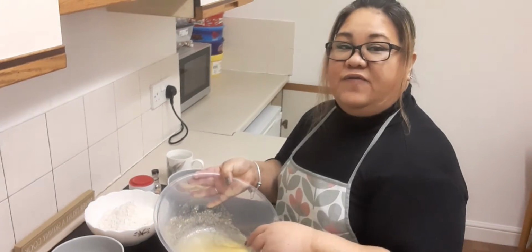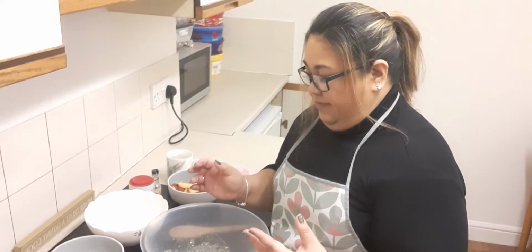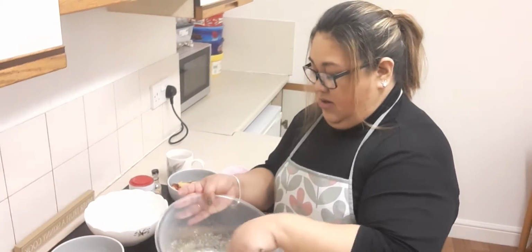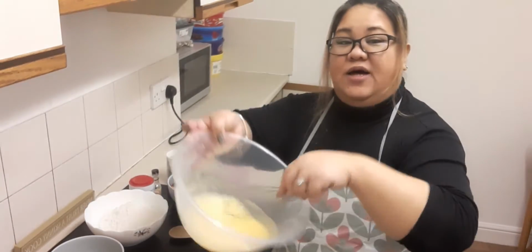Because with this kind of cake, you don't really need it really like soft, if you know what I mean, like very fine. This is a different kind of cake than the usual cake that you buy. This is a homemade one. So anyway, you mix that, you see,